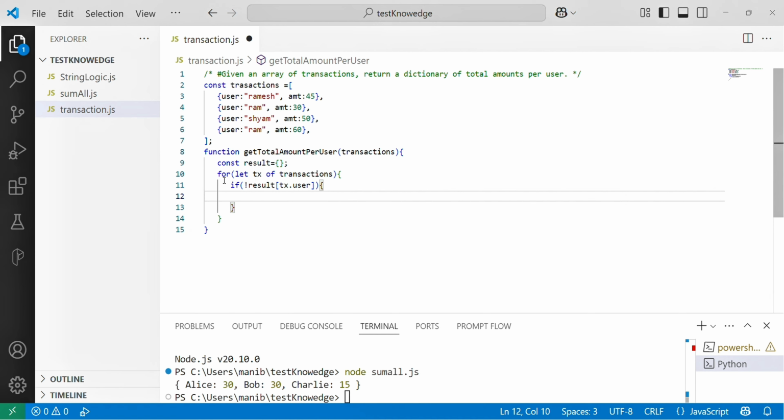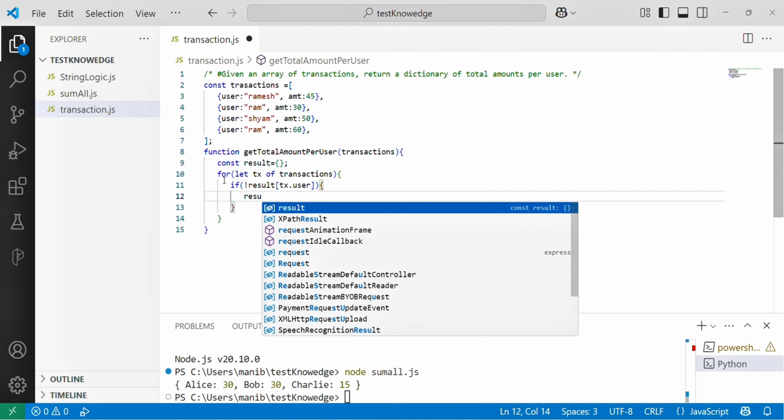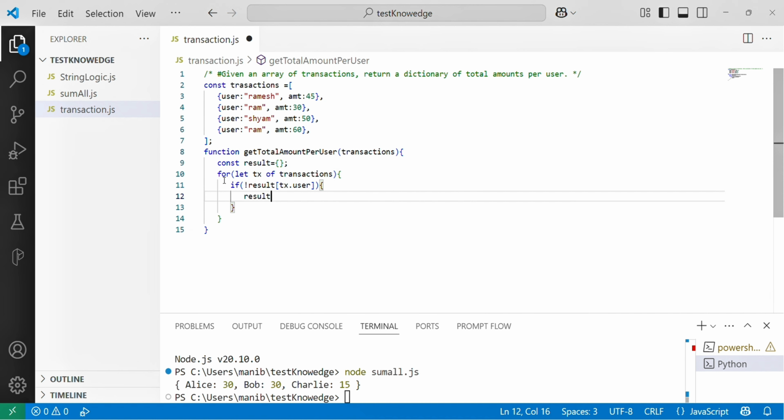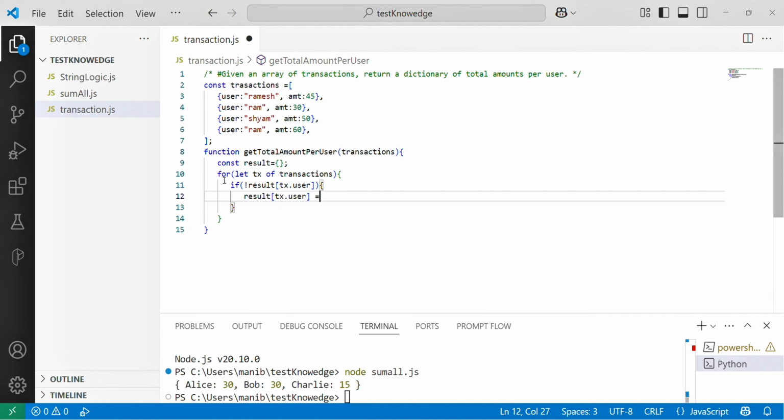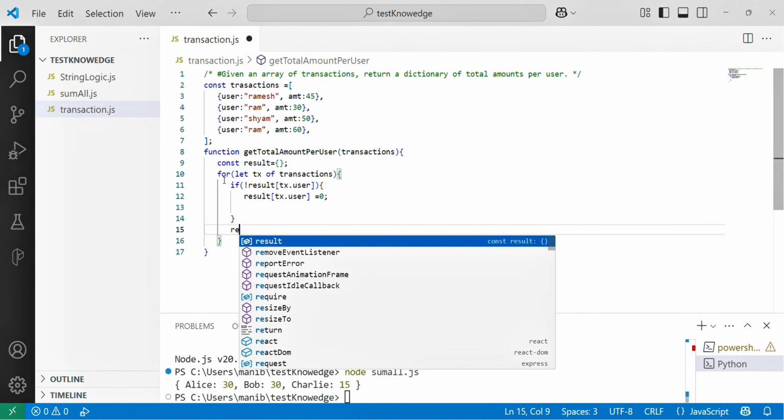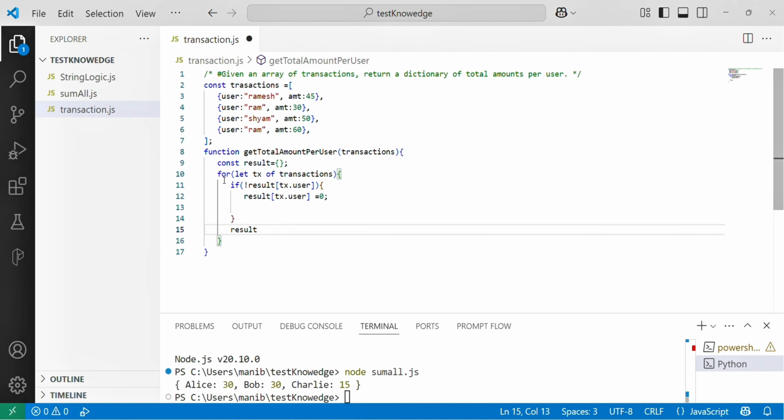So for a new user, take result tx.user equal to 0. If it is a new user, you can take it as 0, and otherwise you can add to the result.